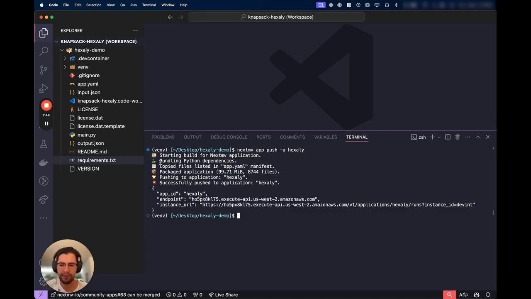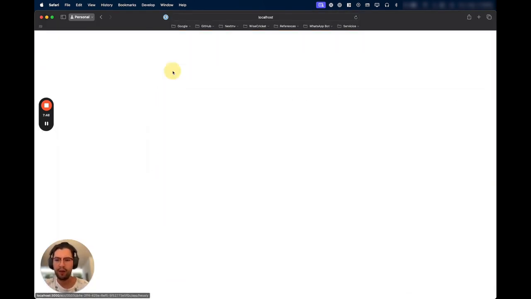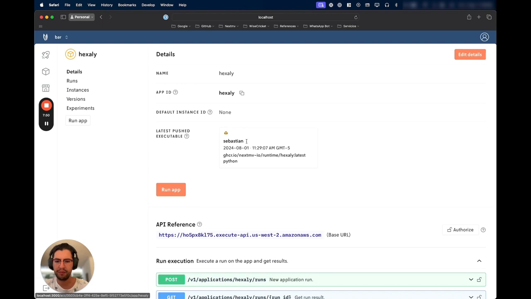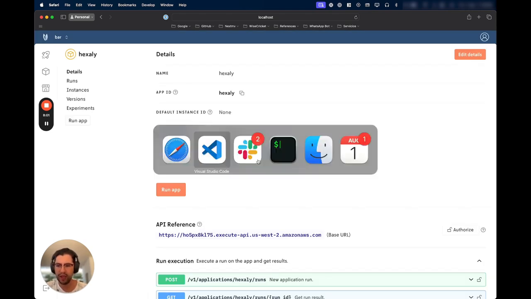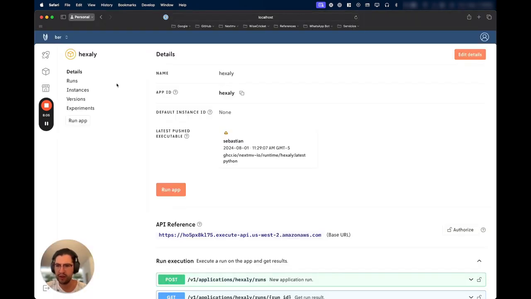Okay, so the application is already pushed to the cloud, and we can open it to check that the latest pushed executable is in fact in place. So now that it's already pushed, I can make runs to it as any normal application. For example, I can do a run directly from console. Let me just go ahead and copy this input,